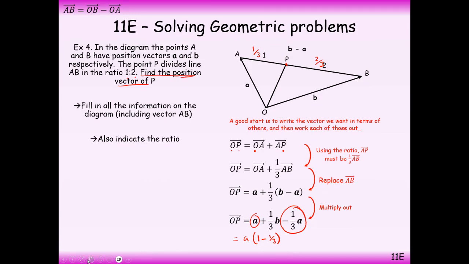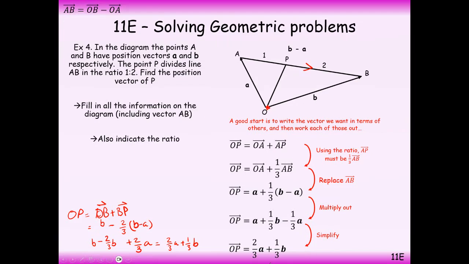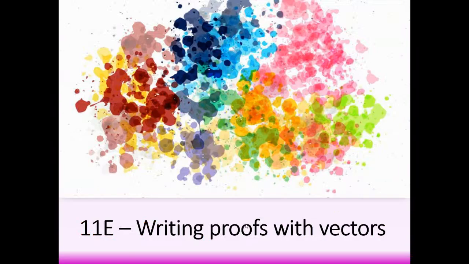So the final answer should be 2/3 of a plus 1/3 of b. That's how we add and subtract vectors when you have fractions and such. So that's just showing you the same working out again. So that's position vector